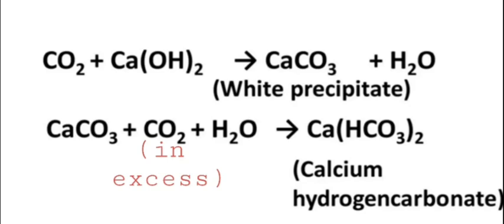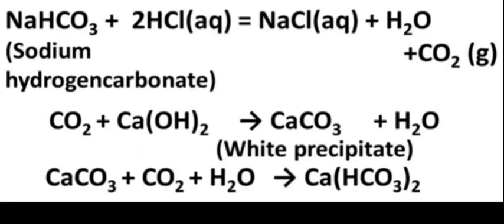So actually, this calcium carbonate, what is formed, students? It is insoluble in water, CaCO3, calcium carbonate. It is insoluble. So that is why the solution is milky white. When carbon dioxide is passed in excess, what happens? Calcium hydrogen carbonate is formed. It is water soluble and the milkiness slowly disappears again.